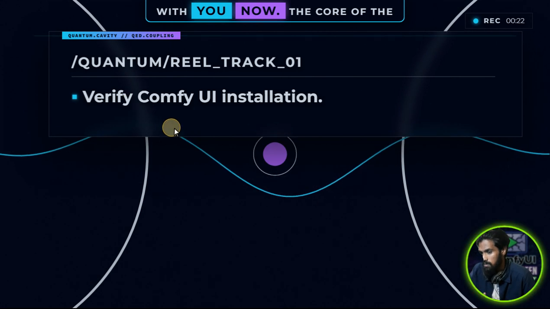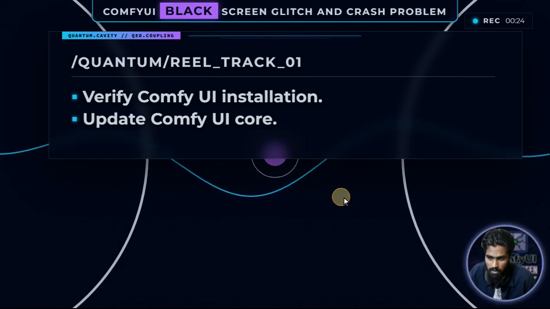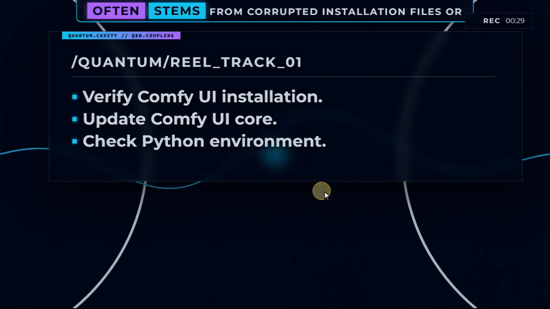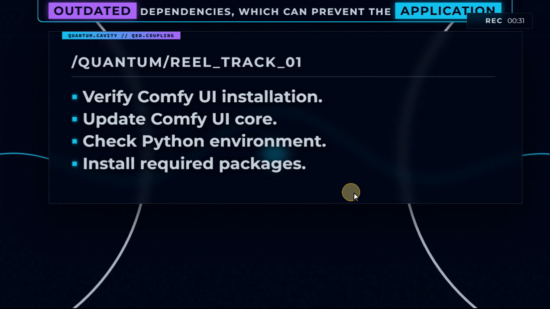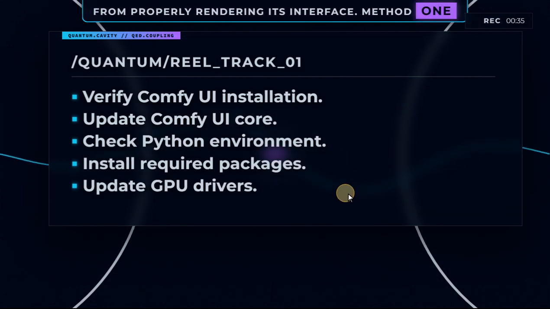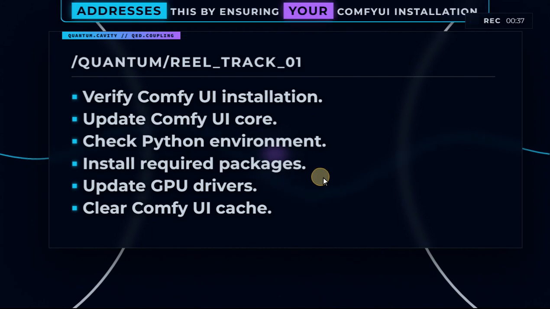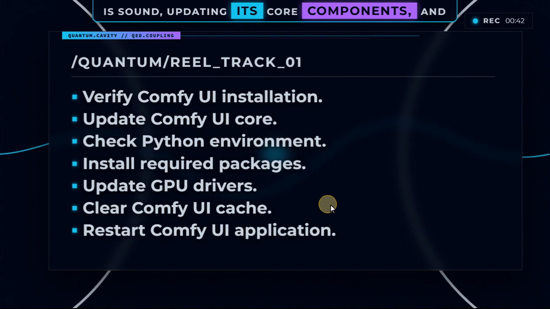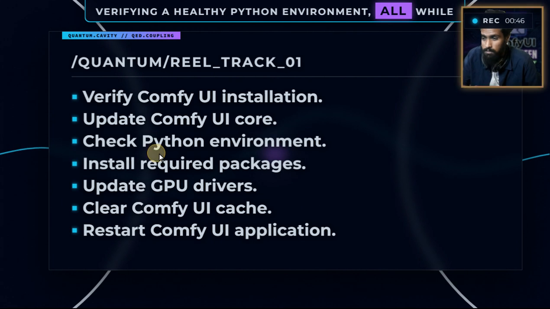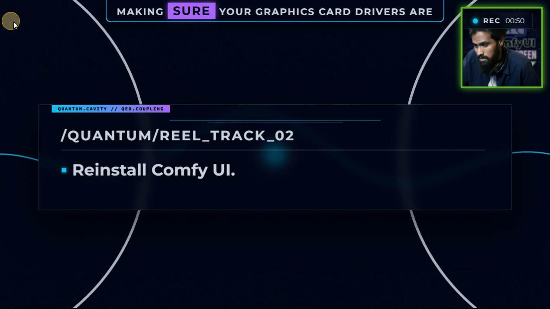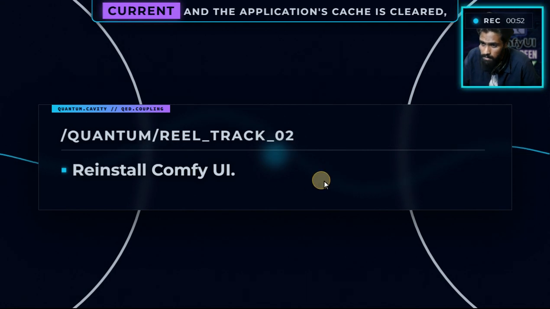The core of the ComfyUI black screen glitch and crash problem often stems from corrupted installation files or outdated dependencies, which can prevent the application from properly rendering its interface. Method 1 addresses this by ensuring your ComfyUI installation is sound, updating its core components, and verifying a healthy Python environment, all while making sure your graphics card drivers are current and the application's cache is cleared, leading to a